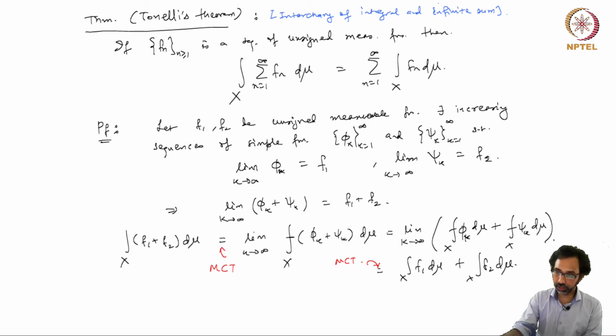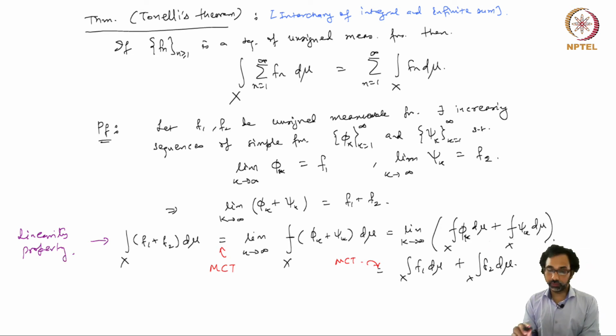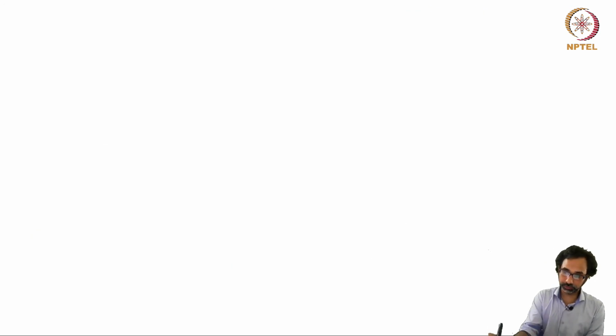This is the linearity property for Lebesgue integrals. We had only proved up till now the linearity with respect to scalar multiplication, but now using MCT we have also proved that it is linear with respect to addition of two functions. So this is a nice result, and by induction